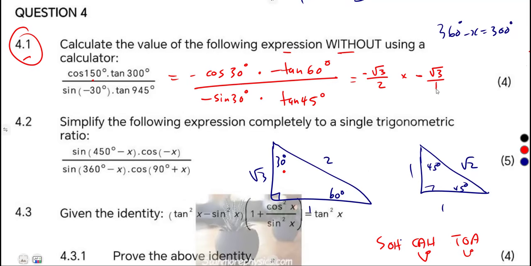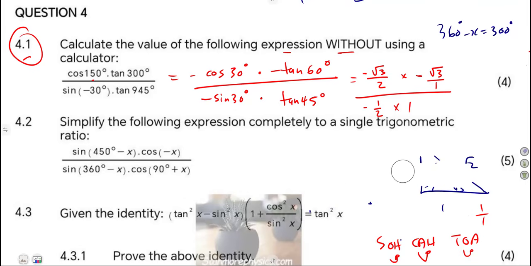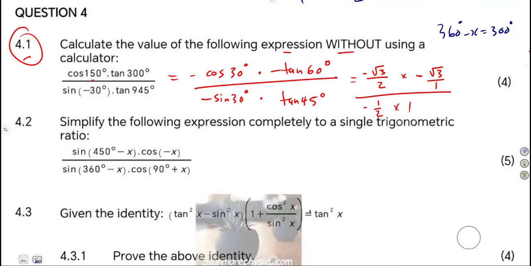So square root of 3 over 1, everything over negative sine 30, opposite over hypotenuse. So according to this, this is our opposite, this is our hypotenuse, 1 over 2, or negative 1 over 2, times the tan of 45 degrees, opposite over adjacent, guys, is going to give us 1 over 1, which is 1. So there we had to use our special angles in order for us to determine these angles,